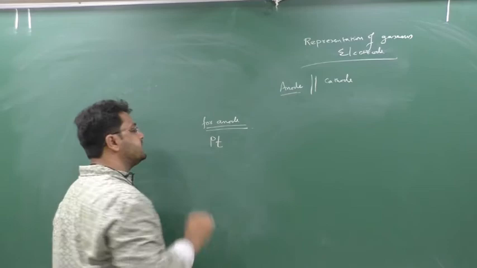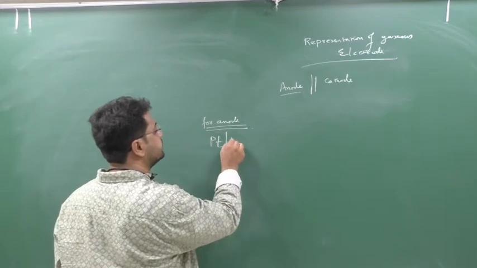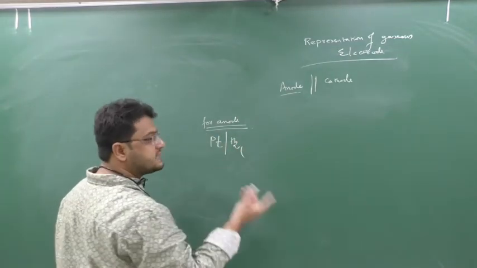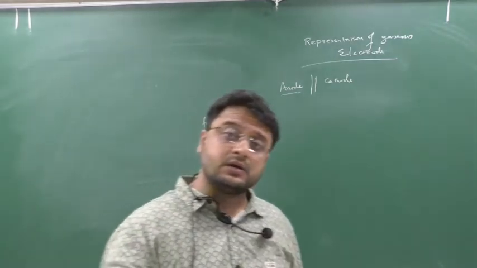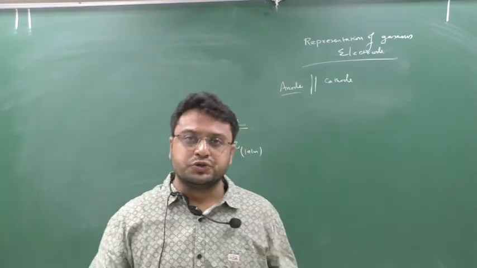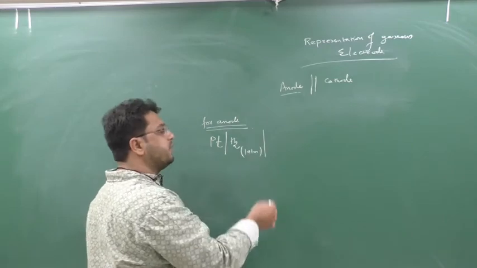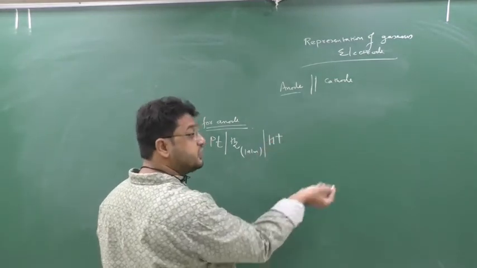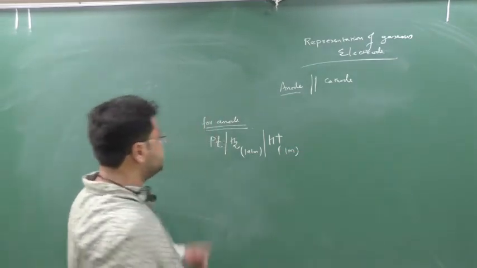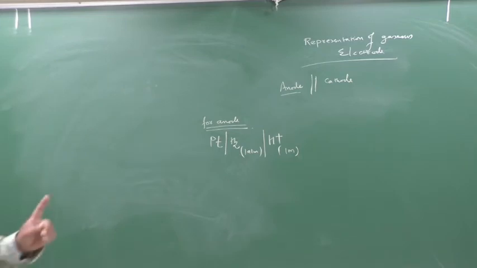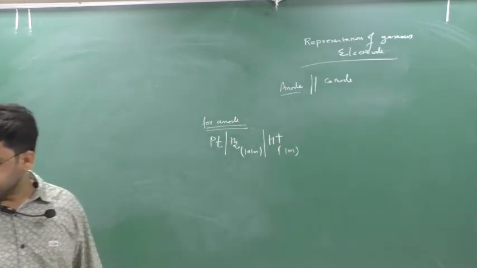For the anode, first you maintain the inert electrode, that was platinum, we have seen. Then you write the gas, say hydrogen. Gas has pressure, so maintain pressure here. Previously we wrote the concentration because that was a solution. Solution has a concentration, but hydrogen is a gas and gas has a pressure. Then you maintain its active ion, which will be in aqueous form, so it has a molarity, say 1 molarity. So this is the representation of a gaseous electrode for the anodic portion. Are you understanding or not?